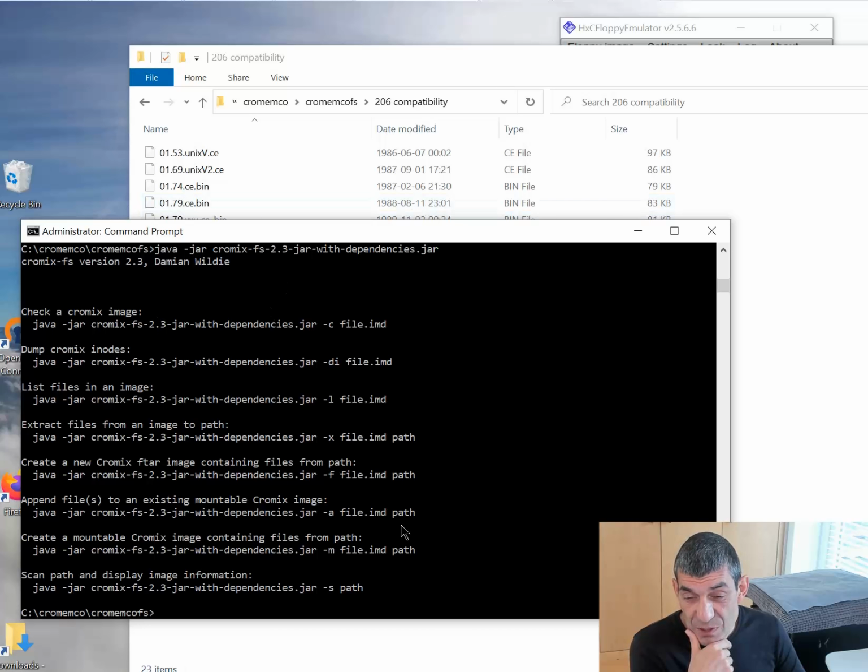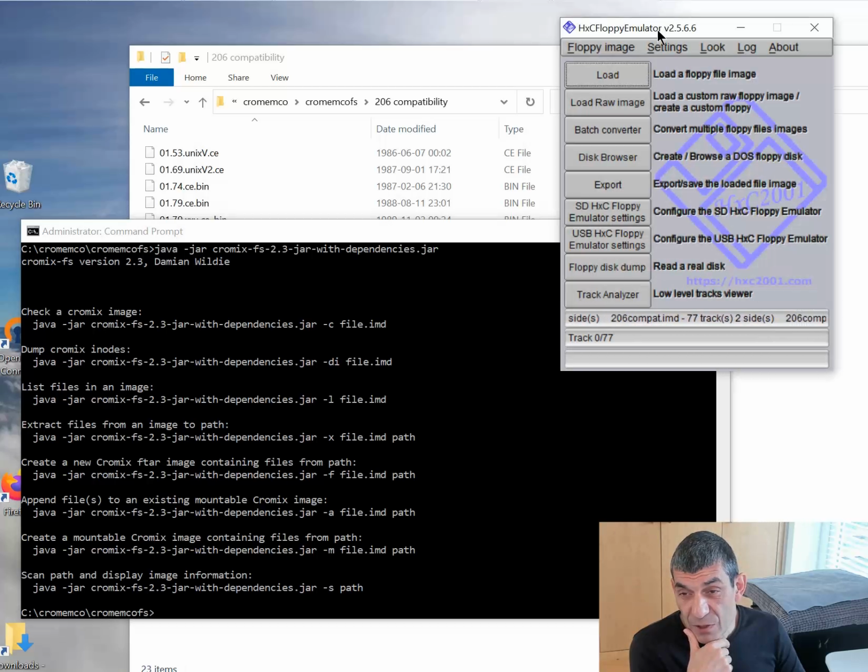So using his program, I could create an IMD file. Then, using the HxC floppy emulator program. So the HxC floppy emulator is, as it sounds like, a digital emulator. So it can read an IMD file and output that file in its format, which is an HFE format. So I can load,